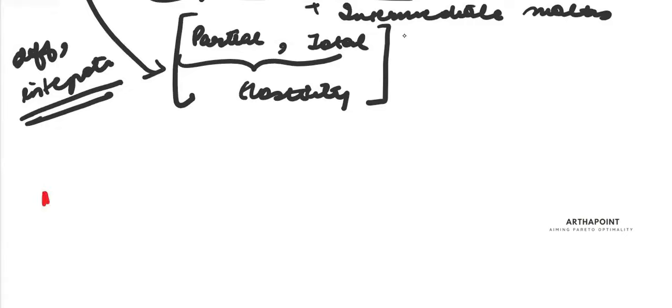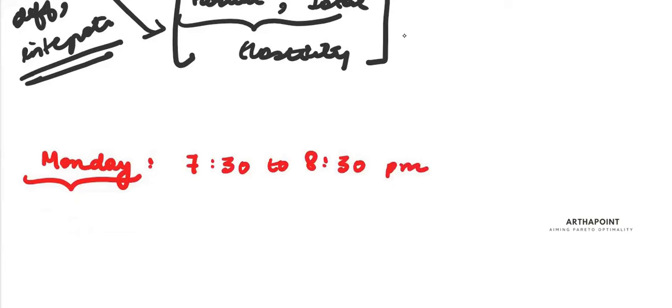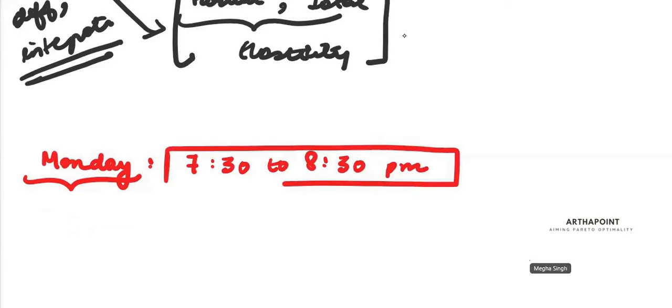So the timing for your Monday lecture, the lectures are usually in the evening after students are back, because few students are from their evening college also. So the timing is 7:30 to 8:30. It usually stretches a bit more. It becomes 1 hour, 15 minutes sometime. Slowly, you'll see that if we are into a concept, we'll finish it completely. So this is the timing that we will follow for Monday, Wednesday, and Friday lectures.